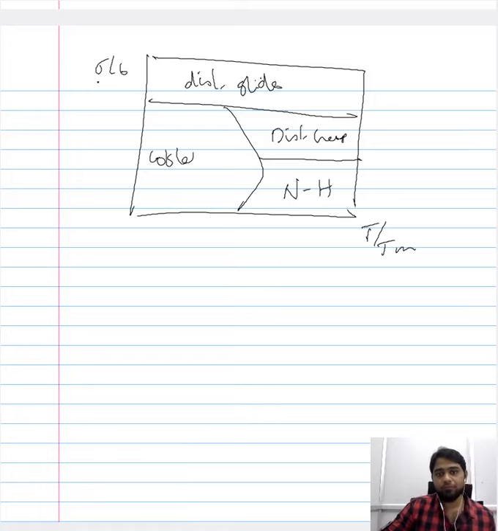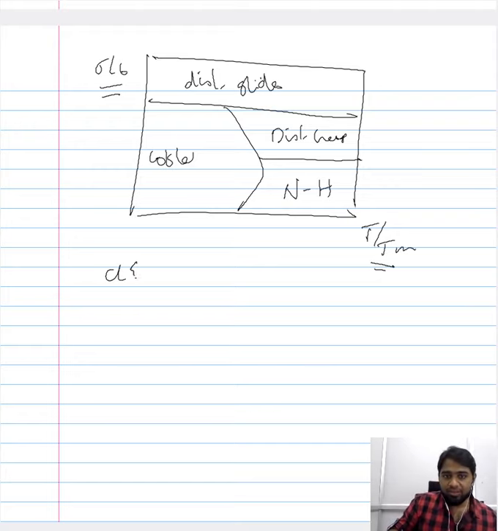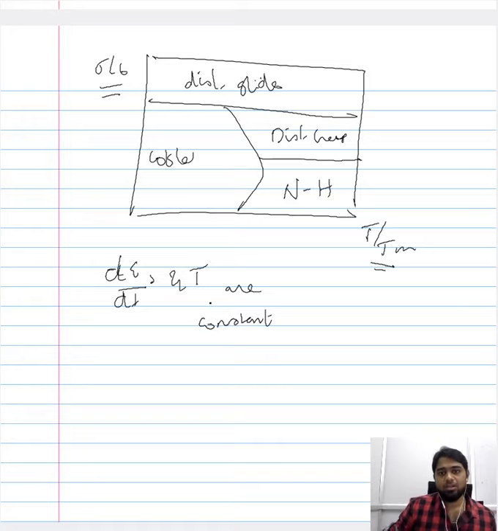Now supposing, instead of holding the stress and the temperature constant, you are holding just the temperature constant and you are allowing the stress to vary in order to ensure that the strain rate is constant. So in this case, the stress would vary in order to ensure that the strain rate is maintained constant. So it would vary something like this. Let us assume a theoretical condition wherein there is a change in the stress like this.